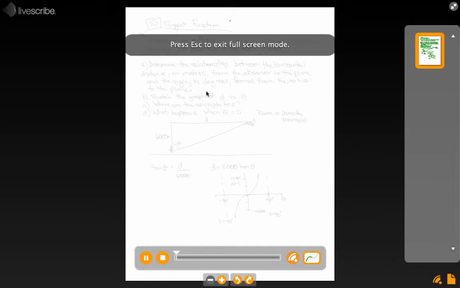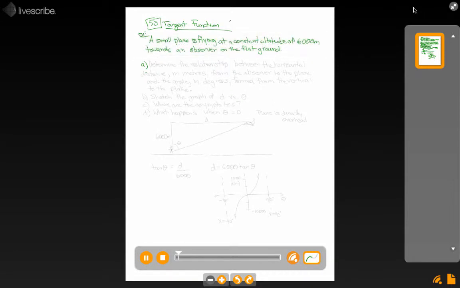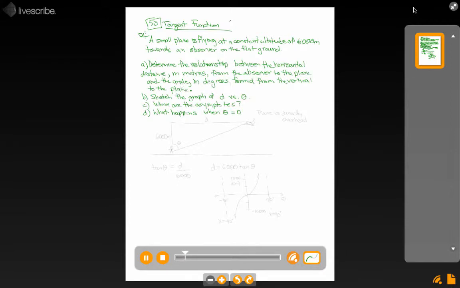This example comes out of section 5.3, the tangent function. This example is our first introduction to a word problem using tangent. We're given the information that a small plane is flying at a constant altitude of 6,000 meters towards an observer on the flat ground. This is one of these questions that takes longer to write than to do, but